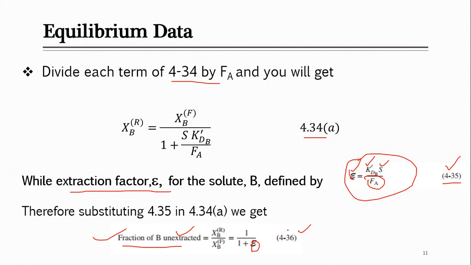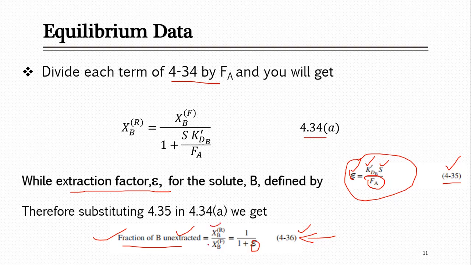So now I have to look for another equation, that is this equation 4.36, and in this equation you can see, if we want to calculate this epsilon, can we calculate? Just look at these terms. If we know these two terms, otherwise I can calculate if I know fraction of B unextracted, but that I don't know. So from here I can just calculate this